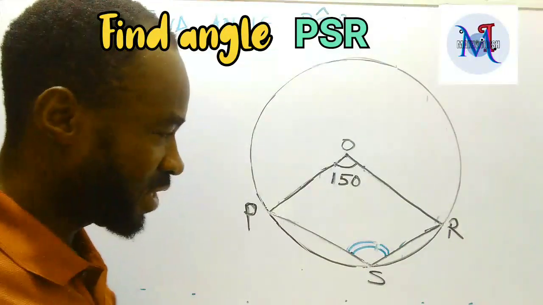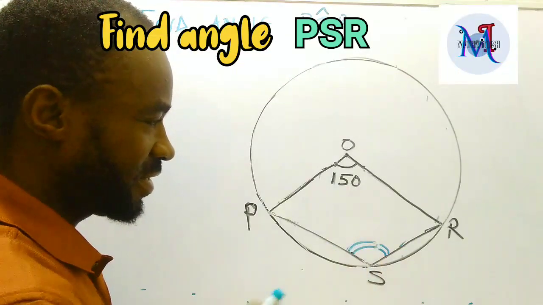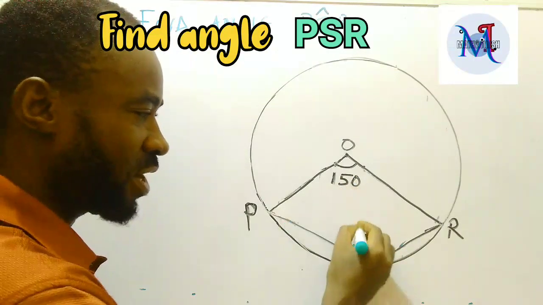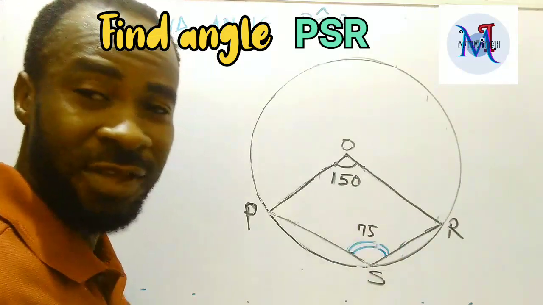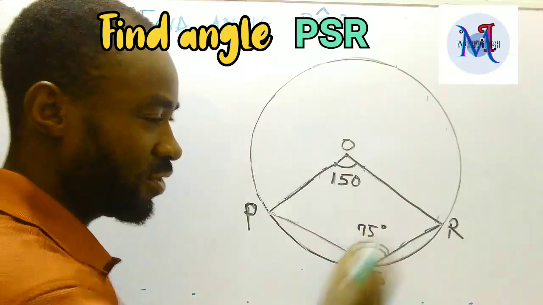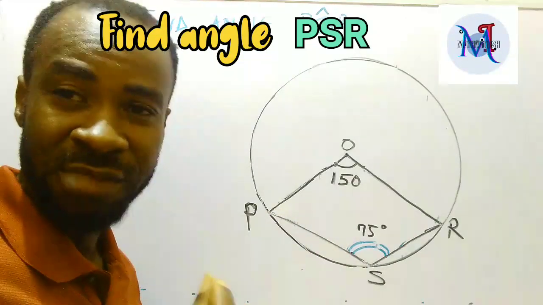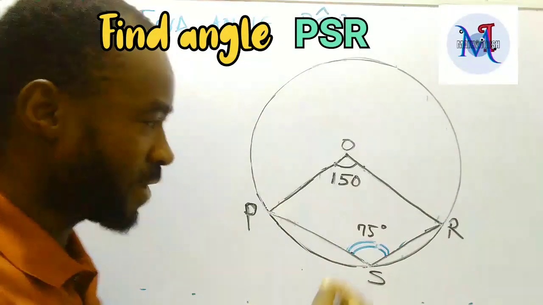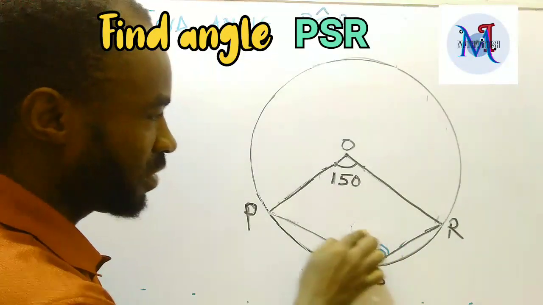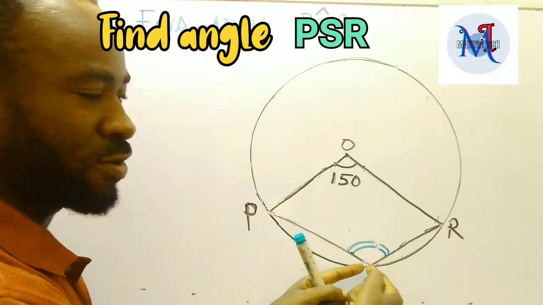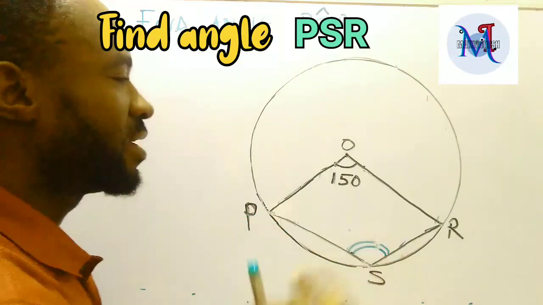So for those of you who say that, okay, this here will become half of this, you say 150 divided by 2 and you call here 75, the answer you got is wrong. It can't be 75 because the two are being subtended by different arcs, okay? So since we have known that it is the major arc that subtends this angle at the circumference, let's